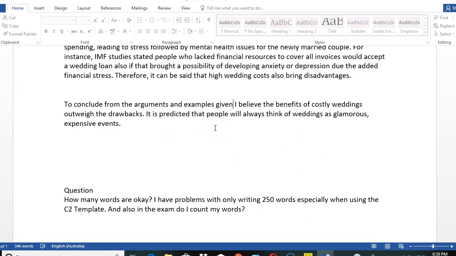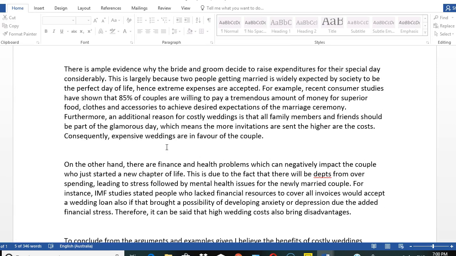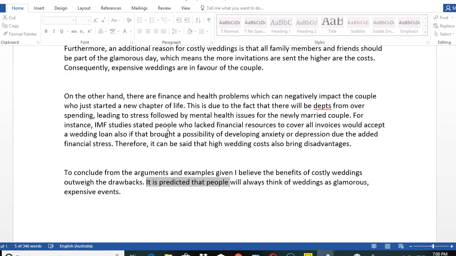It is predicted that people will always think of weddings as glamorous, expensive events. Careful with this sentence, it is predicted. It is predicted by what? By the facts that you have here. By whom? You can say that no matter how expensive,